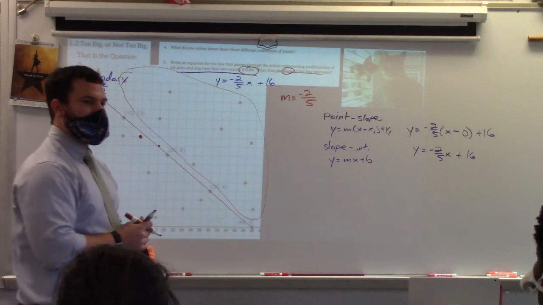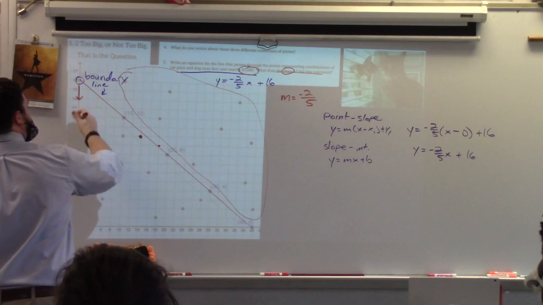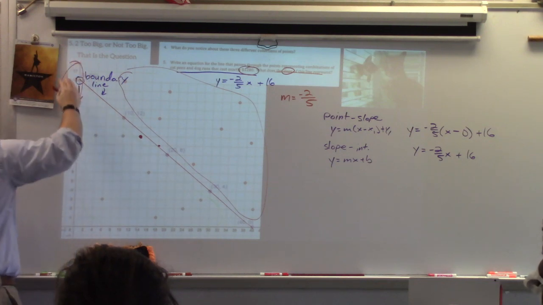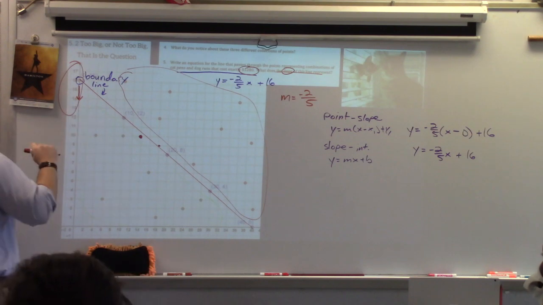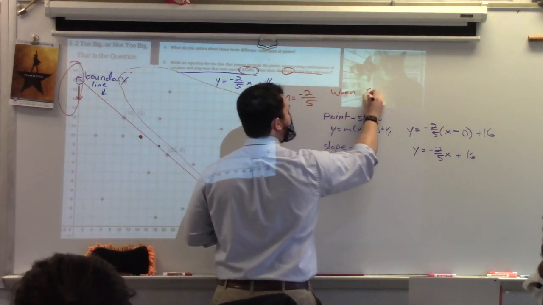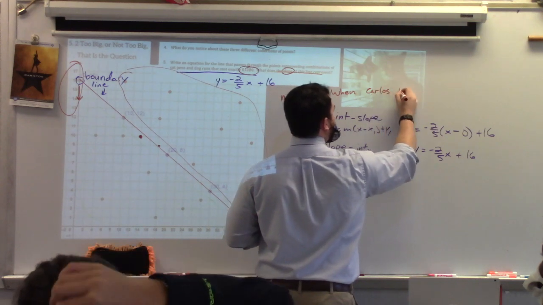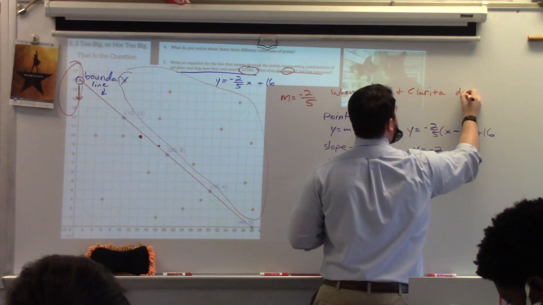Going down to what? What is this y-axis representing? Going down to dogs. So when Carlos and Clarita decrease